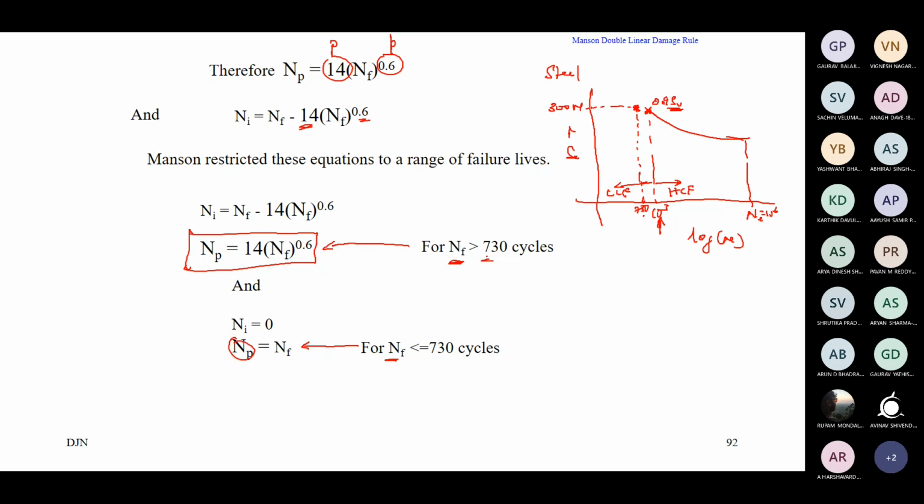If you want to find out yield by the empirical method, that yield point is somewhere around 0.9 SU or less than that. Actually, it is less than that. Okay, less than or equal to 0.9 SU.